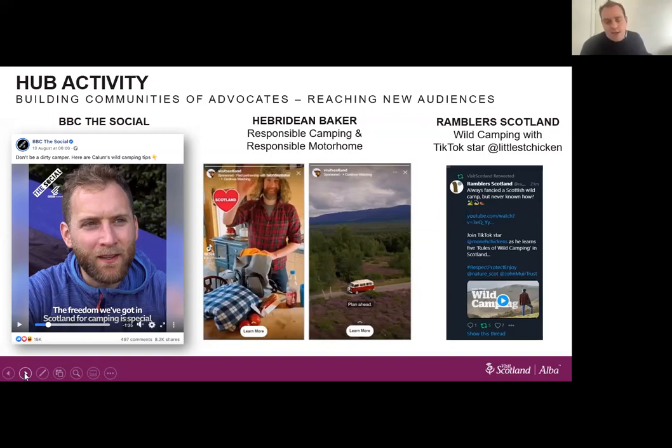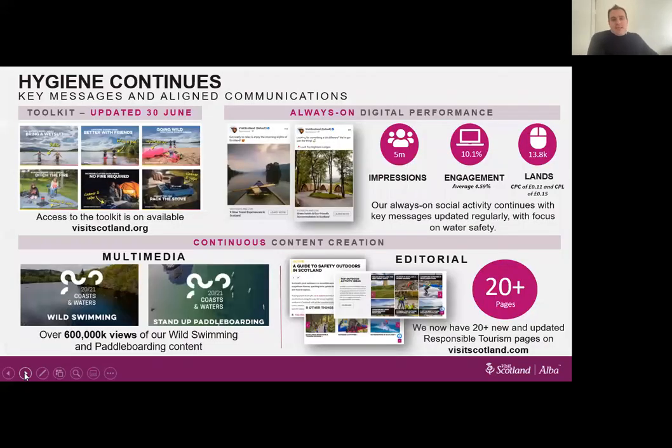One I would like to highlight was Ramblers Scotland. They did a fantastic piece of work, recognising the need to get to a very young demographic, working with the TikTok star Littlest Chicken, a fantastic campaign that they delivered. But again, quite tongue-in-cheek, but it was very relevant to a younger demographic that certainly we needed to see a step change in. Moving on to the next slide, this is very much just around the hygiene,